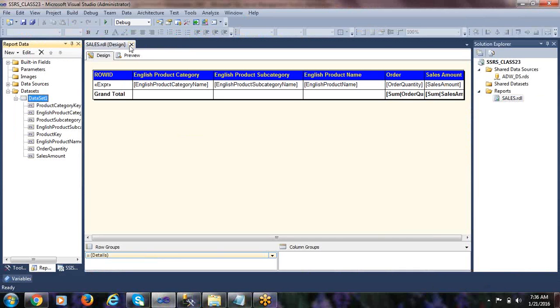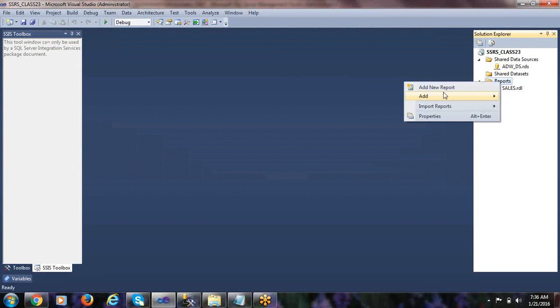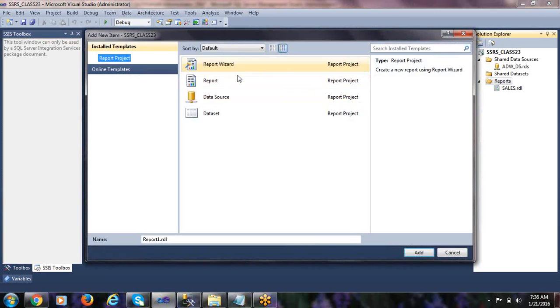Let me create a new report for this. Close it. Add new item, select report, and name it parameter.rdl.